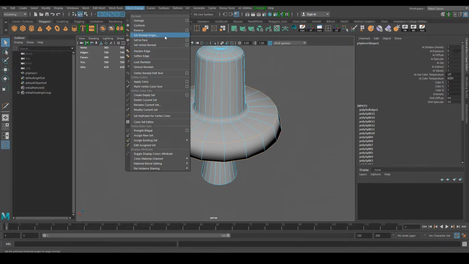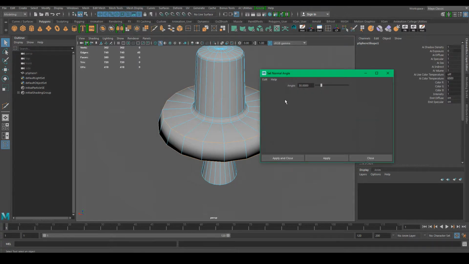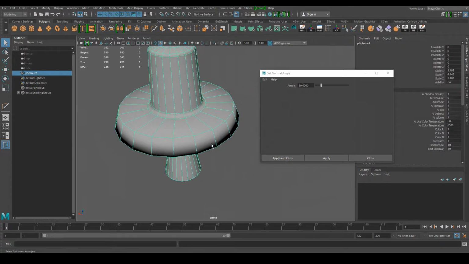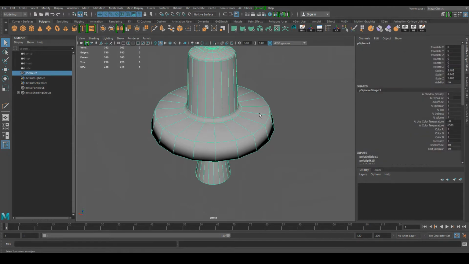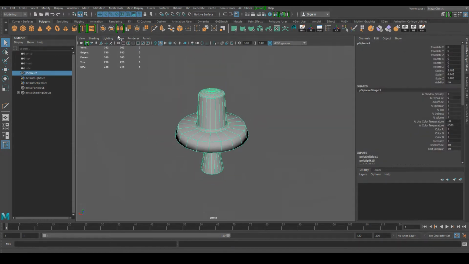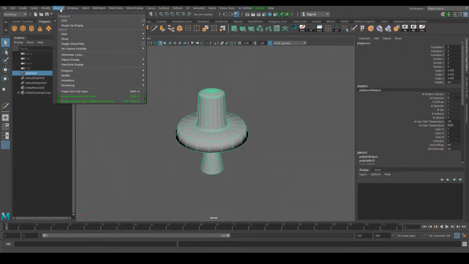So you can set your own normal angle, or you can just use those two options, which is what I usually go with. I don't find much use, at least in my way of modeling, for setting normal angles, but you always have this option where you can specify the angle at which it will be reflecting the light. Actually, before we do that, really quickly, let's click on the model and let's go under display,